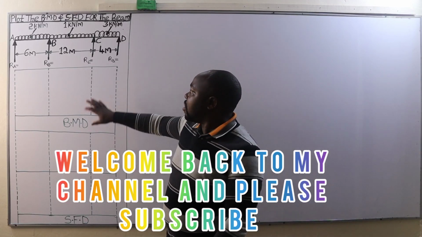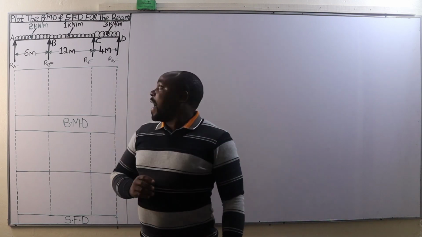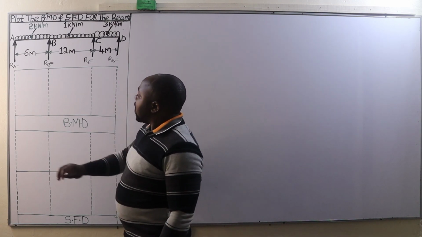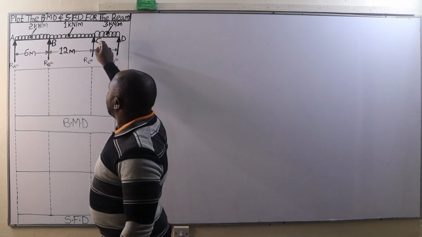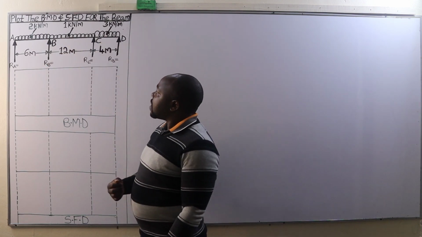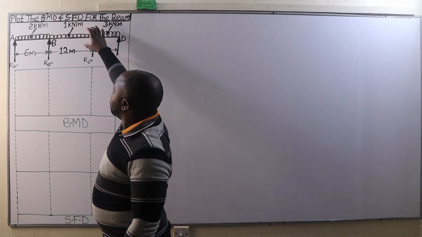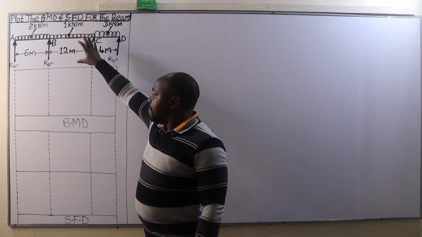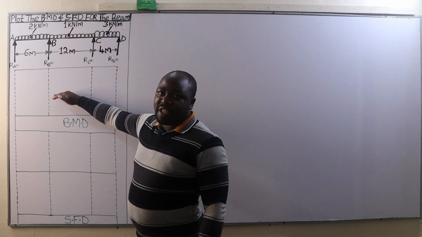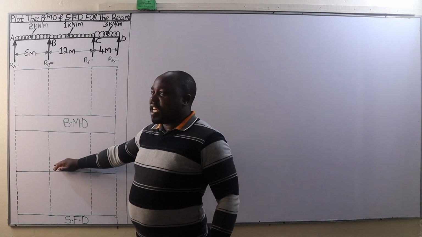Today we have a continuous beam that is supported on 4 supports, and in this case every span is loaded with a uniformly distributed load. We are expected to plot the BMD as well as the SFD for this particular beam. So the BMD we are going to plot it here, and the SFD we are going to plot it here